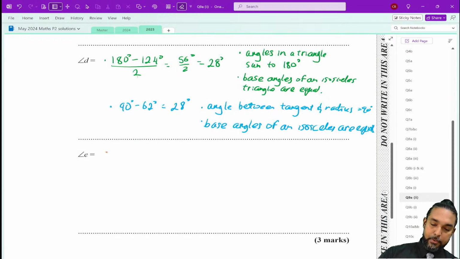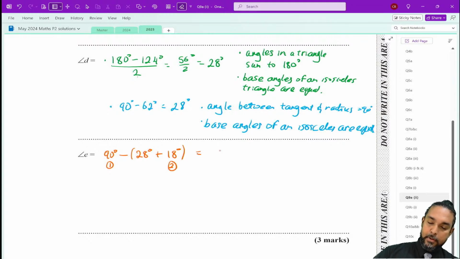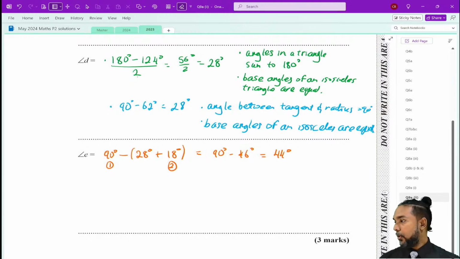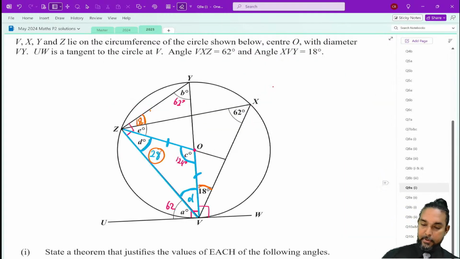So angle E is equal to 90 degrees minus, what was it? 28 plus 18. Right, so we could put a little 1 here and a little 2 here. So that's 90 minus 46. That gives us 44 degrees. Right? Why is it 18? Why is it 18? All right, because,